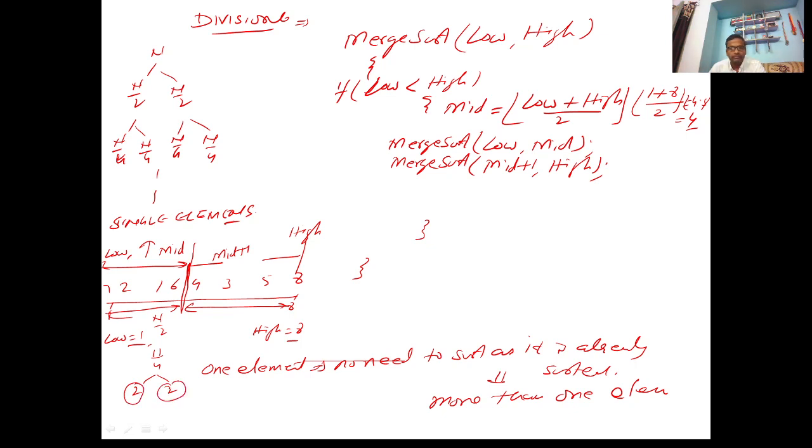After this division, suppose these two element lists are sorted. Now these are to be returned back. This will return, this will return, and they will go to the merge algorithm. So we need to make a call to merge, and the arguments for the merge are the identifiers for the beginning and ending of each list. The first list is marked from low to mid, and the second list is marked from mid plus 1 to high. So the starting pointer may be derived from the mid value just by adding 1. This is going to be the algorithm for the division of the list.